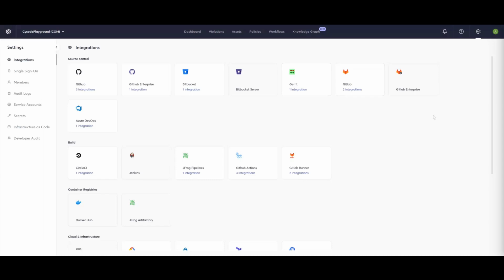Yep. Let me just share my screen. Can you see my screen well? Yep, we're loading up right now, and now we can see it. Great. So